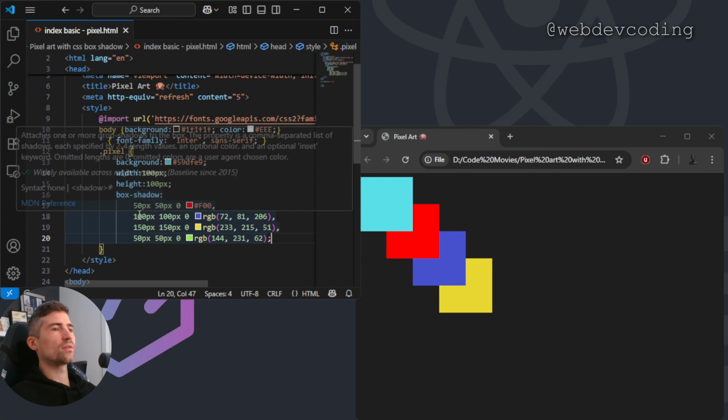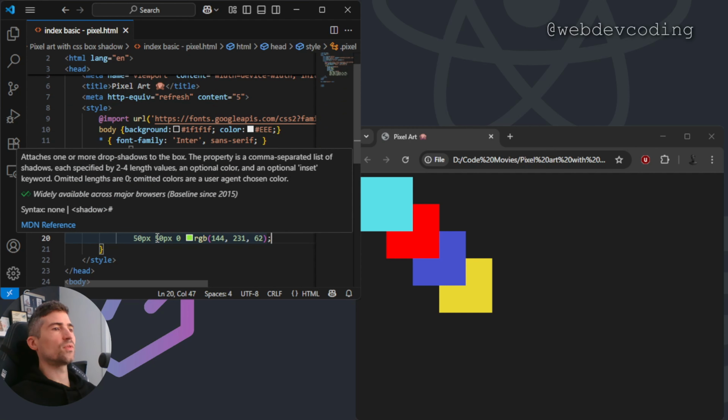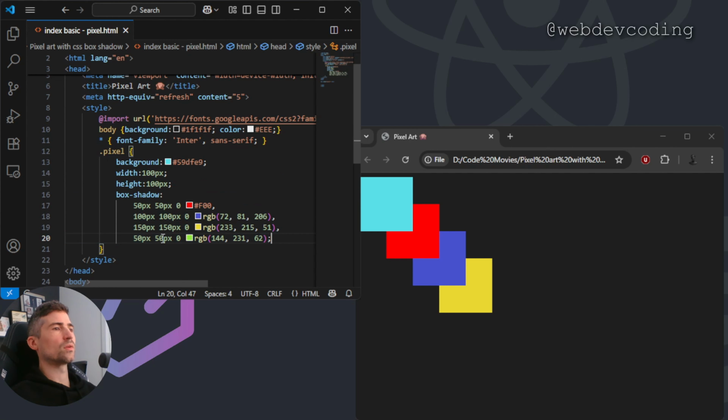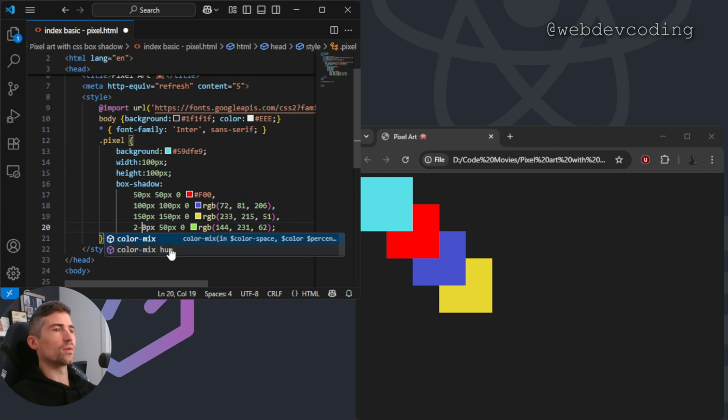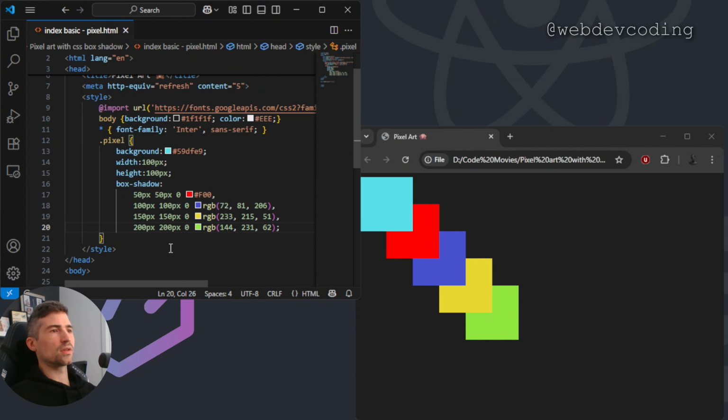I don't know why this one has 100 and that's 150. That's back to 50 and then it goes down the bottom. Oh, because the green one's not showing up. So you'd have to go 200, I guess. Otherwise it's sitting under the other ones. 200, 200. So that's like its offset. Whoa, stacked box shadows. Anyway, if you can think of an actual use for this, other than it looking kind of cool,